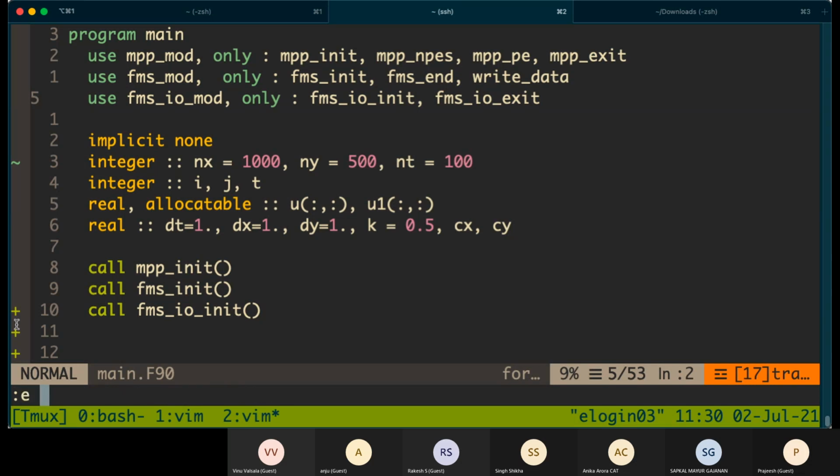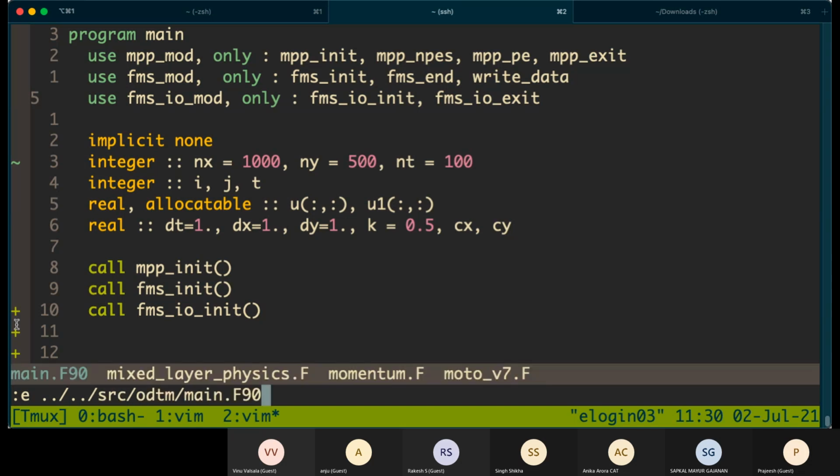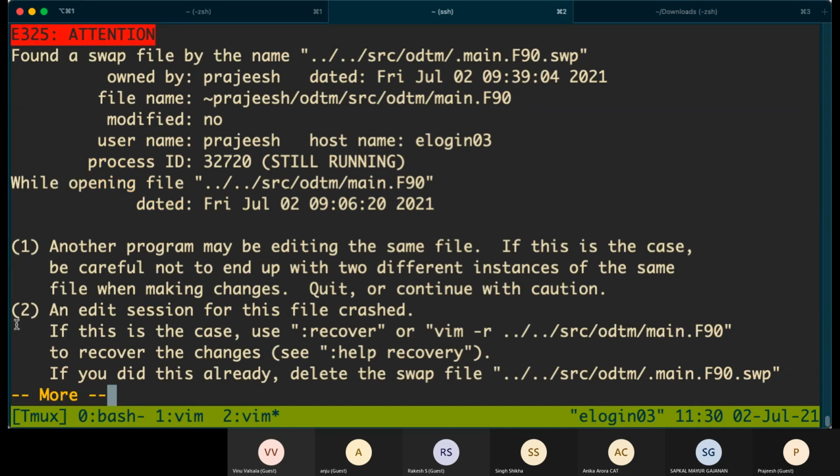I don't remember it by heart, so let's look at the ODTM main code, what all things we need to import.